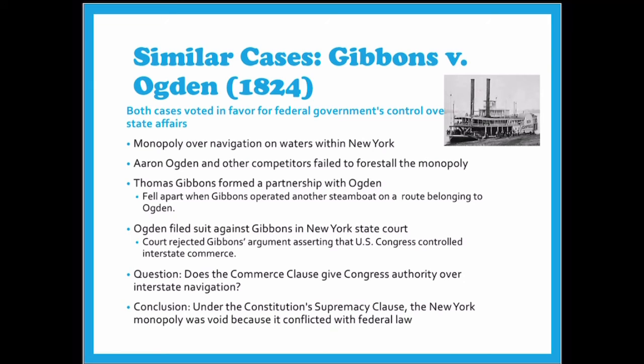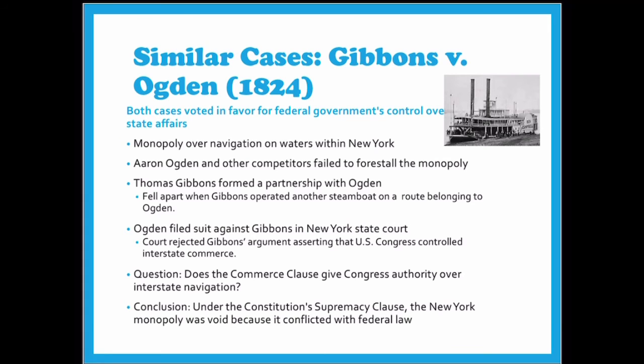So to begin, New York state laws gave Robert R. Livingston and Robert Fulton a monopoly over navigation on waters within state jurisdiction. Aaron Ogden and other competitors tried to forestall the monopoly, but Livingston and Fulton largely succeeded in selling, franchising, or buying competitors' boats. Then there was Thomas Gibbons, a steamboat owner who did business between New York and New Jersey